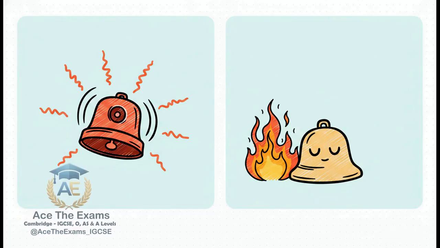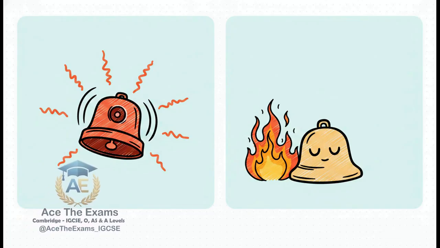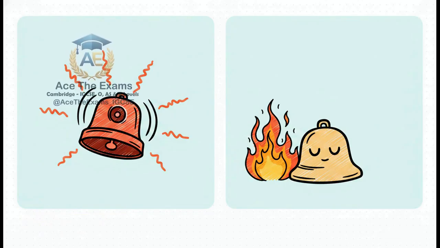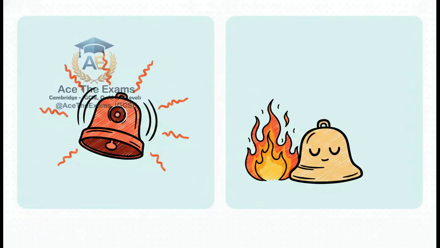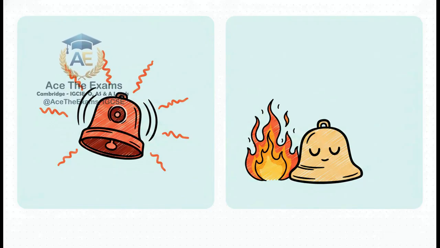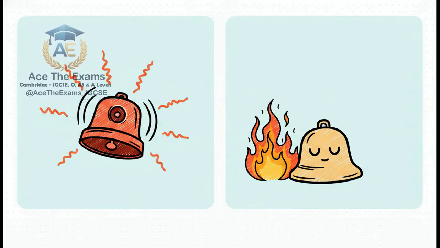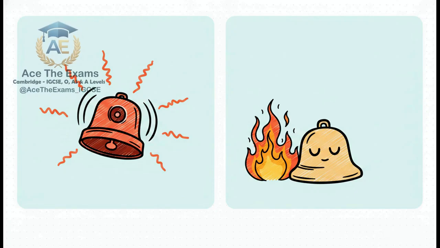To fix this, let's use a visual story method to mentally encode the difference forever. Imagine a fire alarm system. A type 1 error is rejecting a true null hypothesis. In our story, the null hypothesis is that everything is fine. There is no fire. So, a type 1 error is a false alarm. The alarm rings, you reject the null, but there's no fire at all. You took action when you shouldn't have.